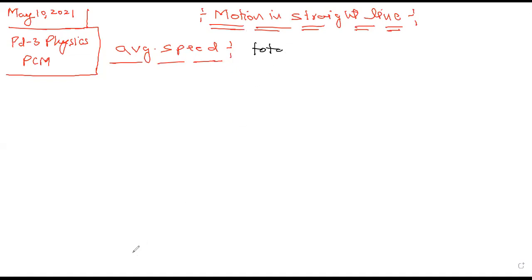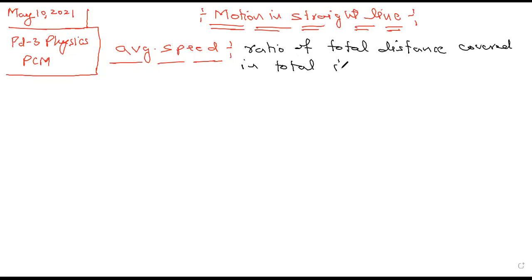Total distance ratio of total distance covered in total interval of time. ठीक. तो एवरेज स्पीड, मान लीजिए कि let us consider